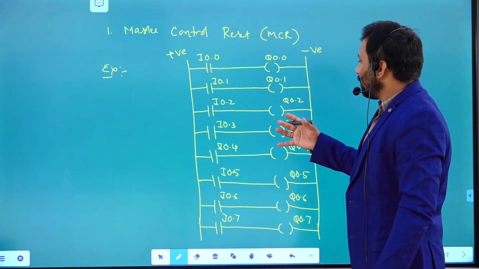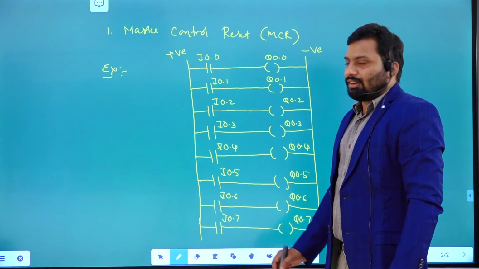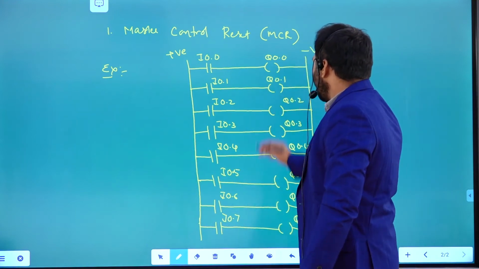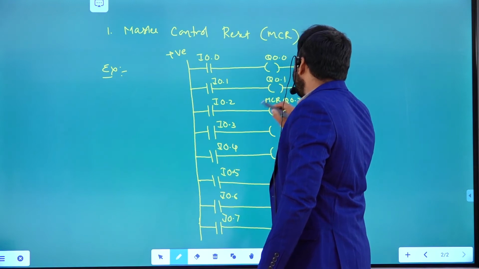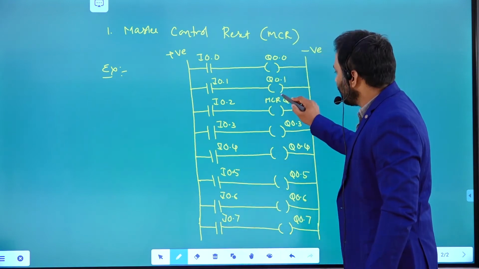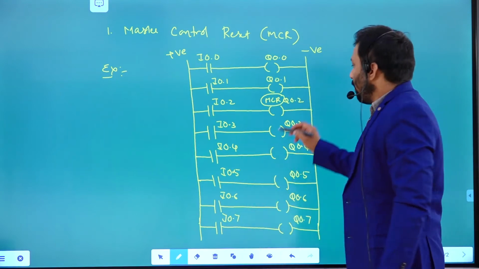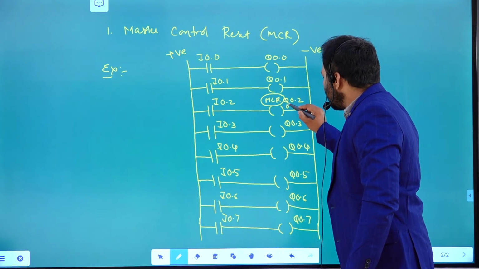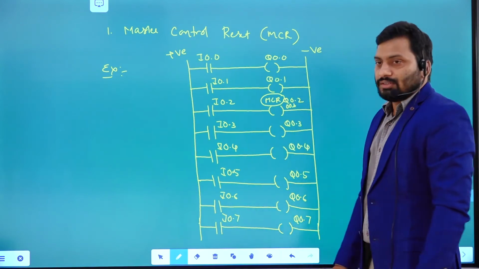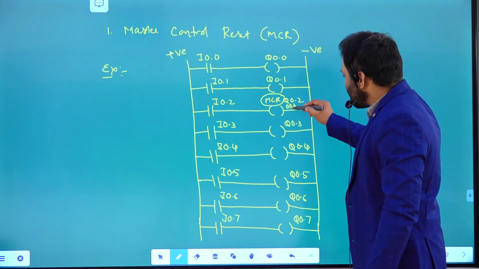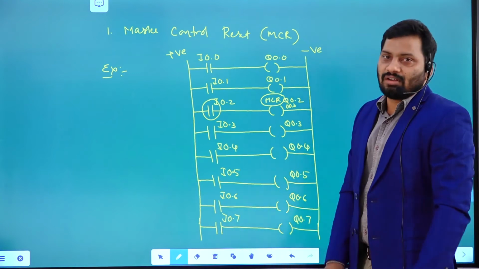Now if, for example, a master control instruction is there, it's going to be present like this. Anywhere you can write it. So this one is the master control reset. See, this is the label. You look at this particular label, MCR Q 0.2. How many lines do you want to reset? For example, if you write 003, it will reset 3 lines whenever this input is off.